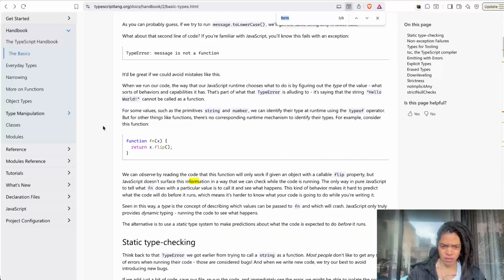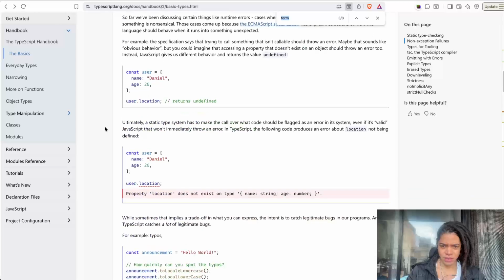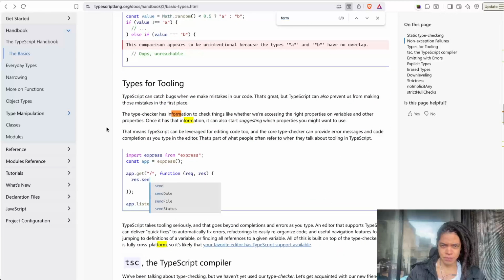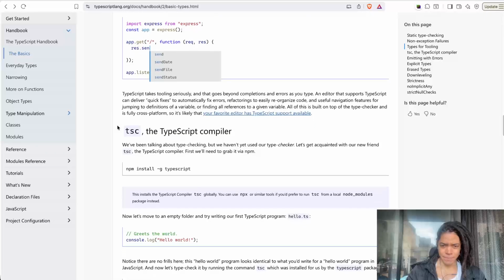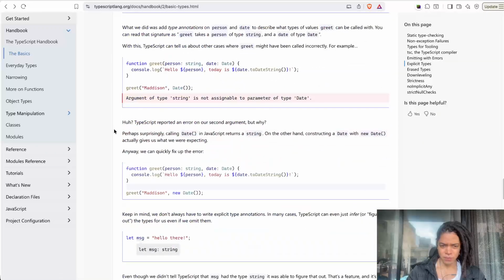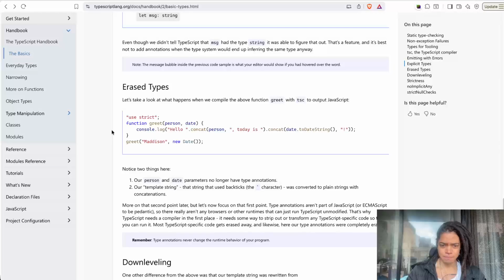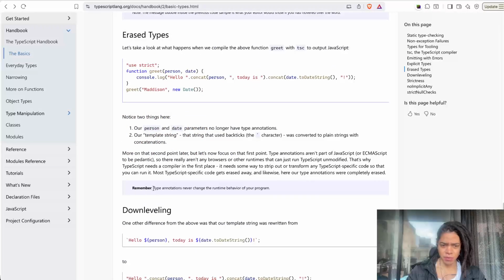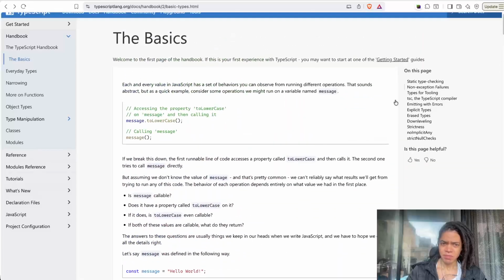I don't know if that is actually described here. Yeah, I was looking at this. Sorry about that. There was some info topics here. Exactly. Remember, type annotations never change the runtime behavior of your programs. Okay. So that's the whole premise of the